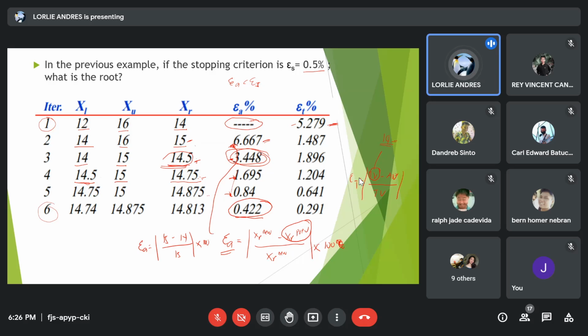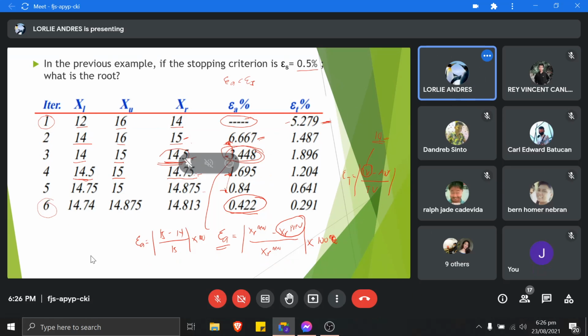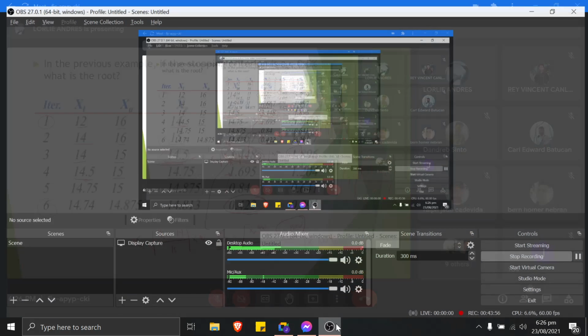Sige pa. So, if you have no more questions and clarifications, then that ends our discussion for this evening. So, we'll continue our discussion on Wednesday. And then, we'll be having our exam on either next week, Tuesday or Wednesday. Kay holiday man ang Monday, di ba? And then, sa Friday naa man gud ko'y seminar. Yes, ma'am. So, it's either